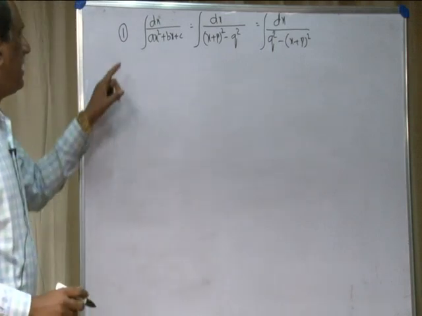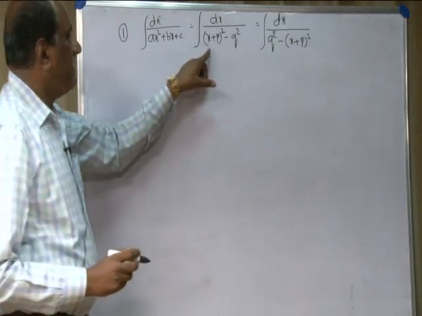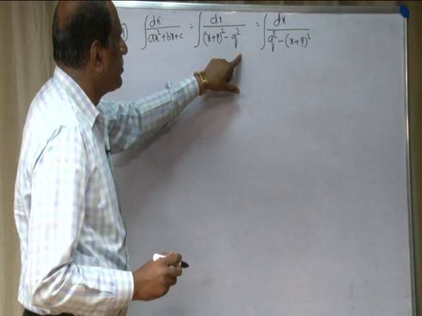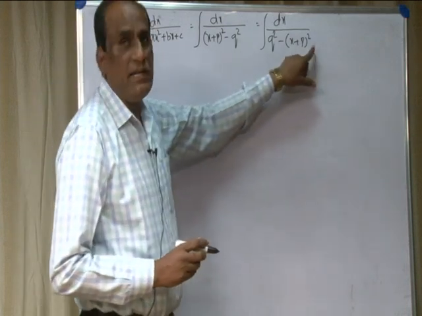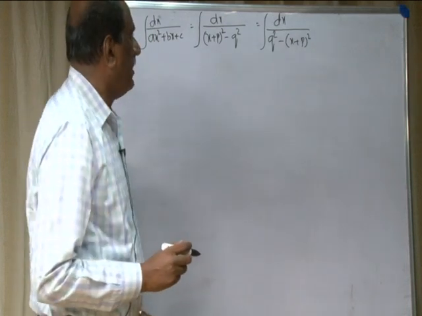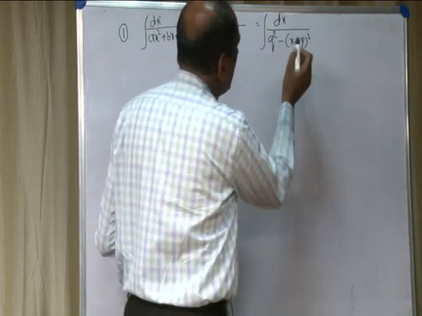So write the denominator in the form x plus p whole square minus q square or q square minus x plus p whole square. This can be integrated